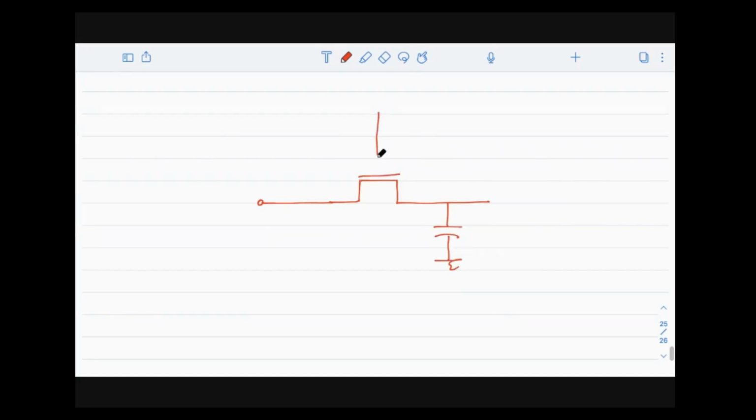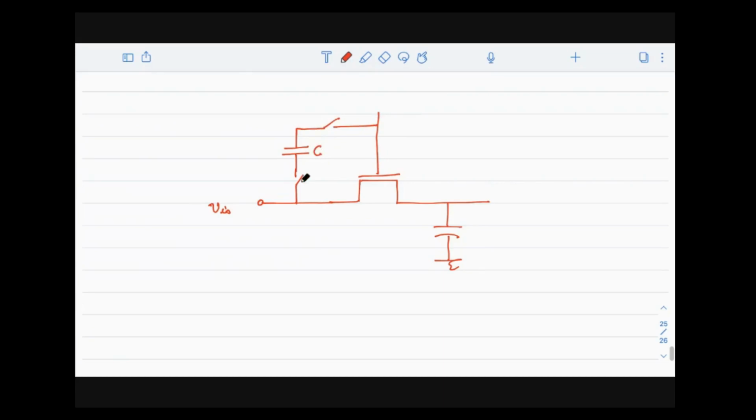So this is your switch. This is Vin. Now what I need here is a VDD that should be connected to the gate. How I will do that is I'll take a capacitor, charge it to VDD, and connect it to the gate during the sampling phase. That means I'll have a switch here, a switch there, and also a switch here. This is a capacitor C.